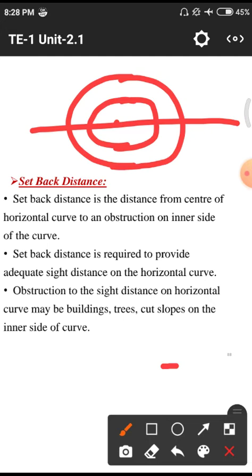Okay, I will explain once again. This is a total transition curve. In the transition curve the outer edge has more length and the inner edge has less length. If our vehicle is traveling on those curves, we have some discomfort while overtaking. While we are traveling on those horizontal curves, we need to overtake the vehicle in front, so we need to have some extra widening. This distance is called setback distance.